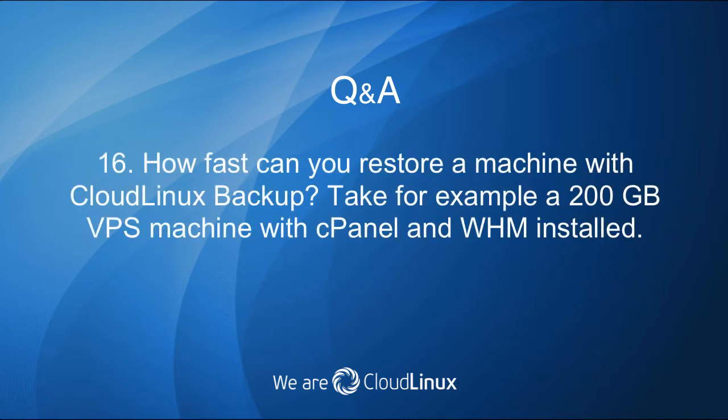How fast can you restore a machine with CloudLinux Backup? Take, for example, a 200 GB VPS machine with cPanel and WHM installed. We were restoring a machine using a 10 gigabit uplink, then a 1 gigabit uplink, and it was restoring at full force. So you can basically take your pipe to this machine and calculate how long it will take to transfer this